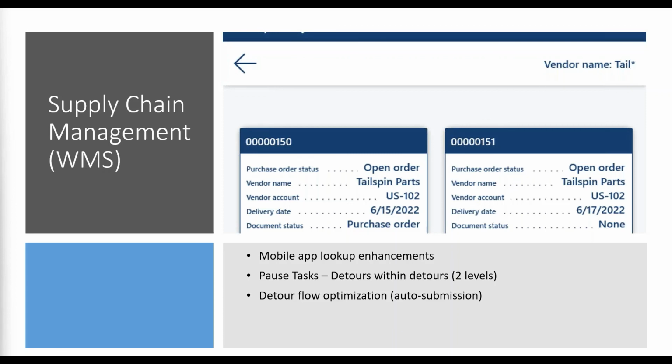There's also this concept now of pause tasks. We call them detours. That was actually in the last release, but now we have detours within detours, where basically you can actually save a process, move to another process, finish that process, and then resume, for example, that prior process from the mobile app-based perspective. So a really nice feature in that regard,